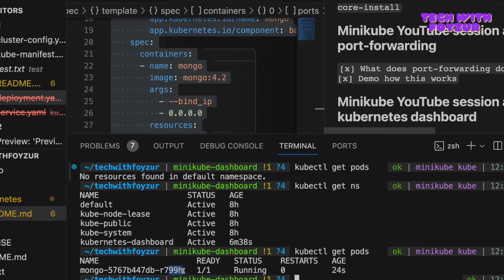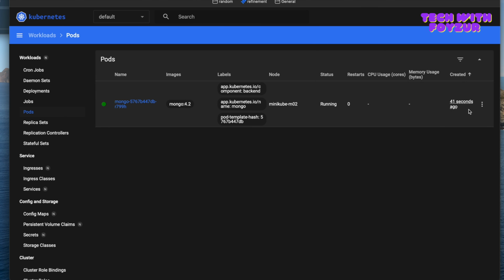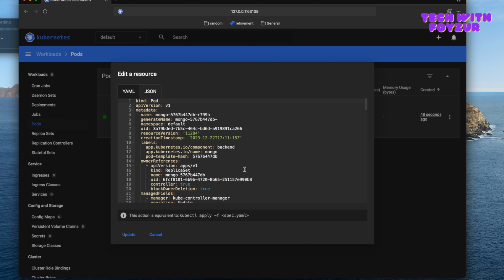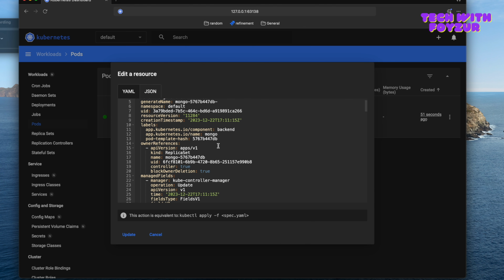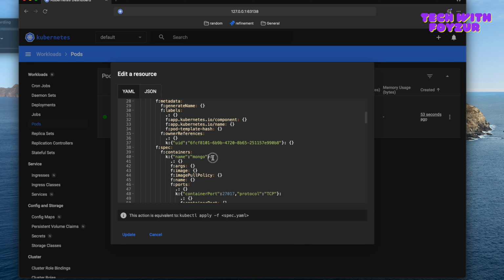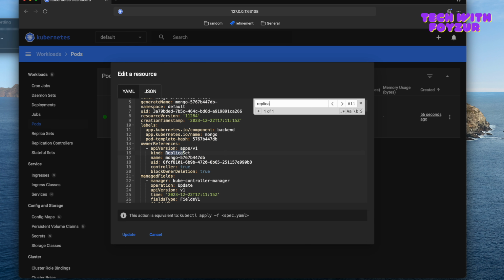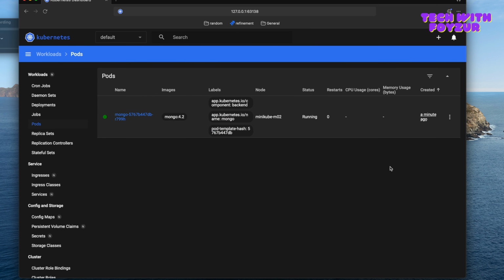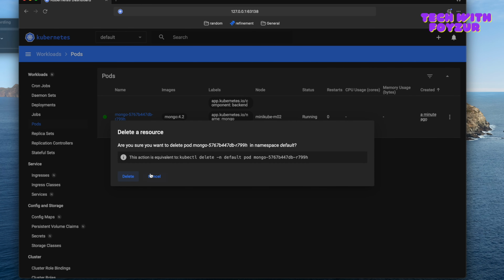So what happens if you're not so happy about this? You could do a little bit more stuff here. How? You could edit this. Let me search replicas. I'm actually in the pod, so I would not be seeing it. If I go to deployments, I would definitely be seeing it. I'm going to show it to you in a second. Bear with me. Then you could delete it. If I delete it, this pod is going to go away, right? But see what happens. Let's say I deleted this pod, and if I refresh,